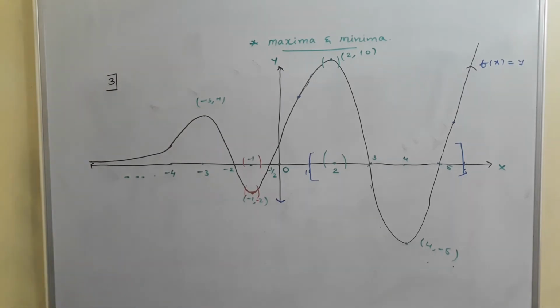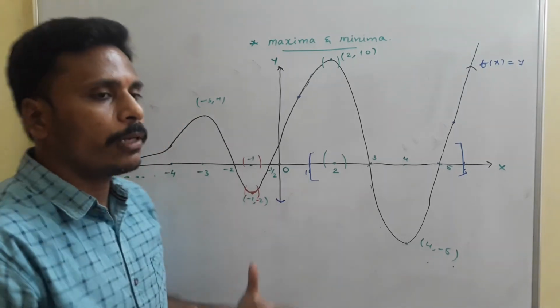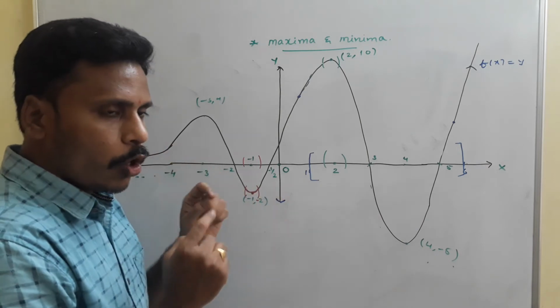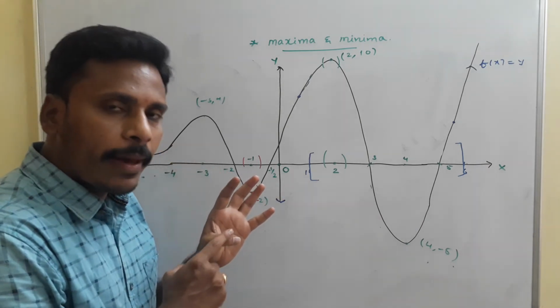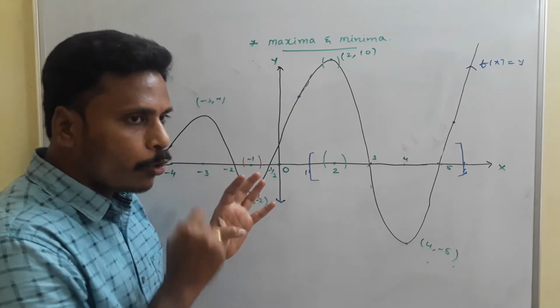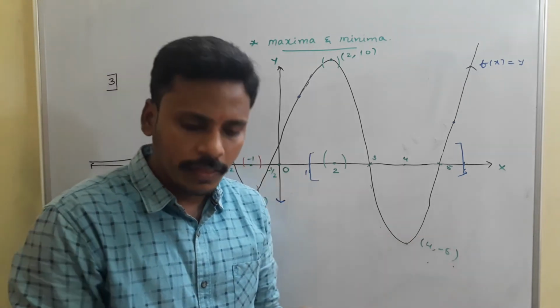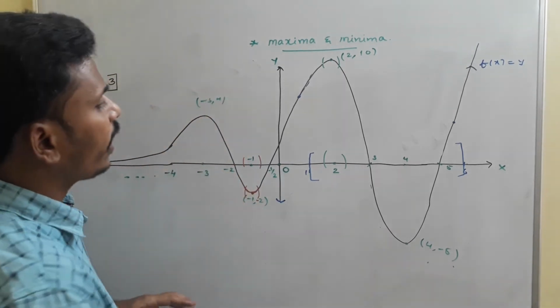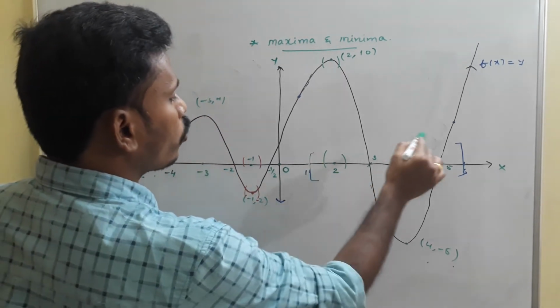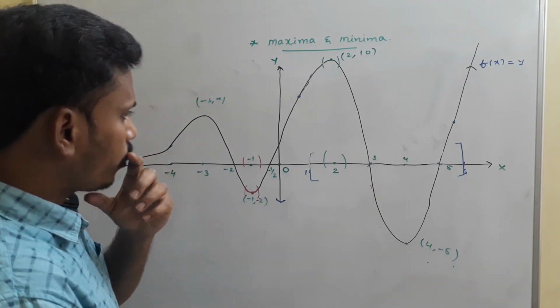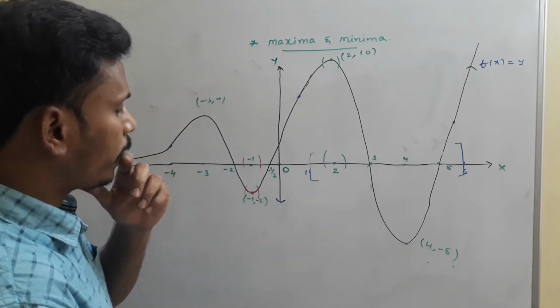So likewise we will find global maxima, global minima, local maxima, local minima just by observing the graphs. Local maxima and local minima exist in the neighborhoods of a point. Global maxima and global minima exist in an interval or in the complete domain. So here I considered the interval 1 to 6, right? Suppose I am going to consider one more interval. You just have a look.